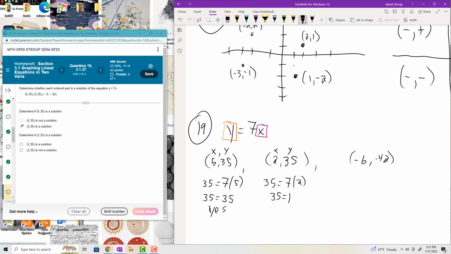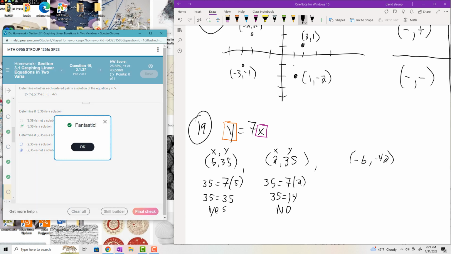Simplifying, I have 35 equals 14. That does not work. Okay, so that is not a solution. And then finally,